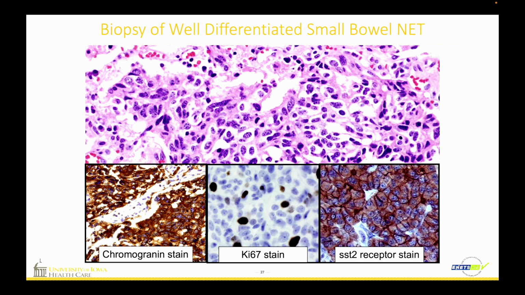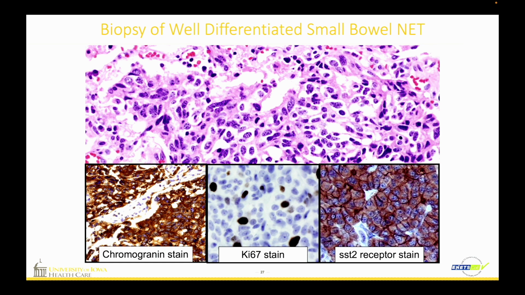Biopsies. This is what a pathologist would see on the biopsy. They can tell whether the tumors are well differentiated, behaving like normal cells, or whether they're poorly differentiated, look more aggressive. The pathologist will do multiple stainings to figure out, is this a neuroendocrine tumor? Where does the neuroendocrine tumor come from? You'll see on your pathology report a statement about Ki67, which tells us how many of these tumor cells are actually dividing, how many of them are behaving like cancer at the time that this biopsy was taken. And that's very important in establishing the grade.